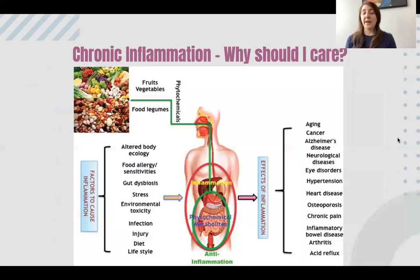Following up on chronic inflammation, why should we care about it? Well, chronic inflammation contributes to how we age. It can lead to certain types of cancer, Alzheimer's disease, neurological diseases, eye disorders, hypertension or chronic high blood pressure, heart disease, bone conditions such as osteoporosis, chronic pain, inflammatory bowel disease, and other inflammatory conditions such as arthritis or